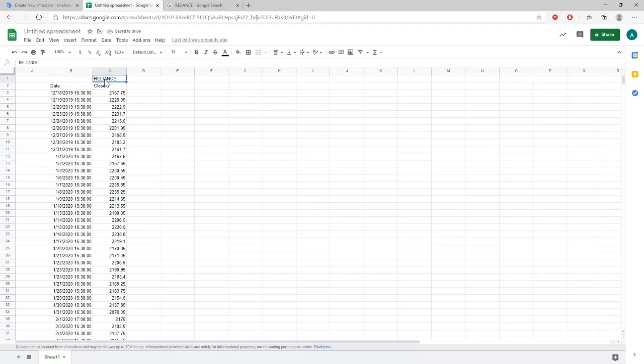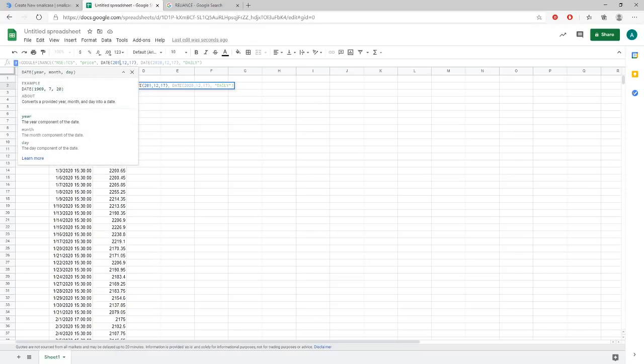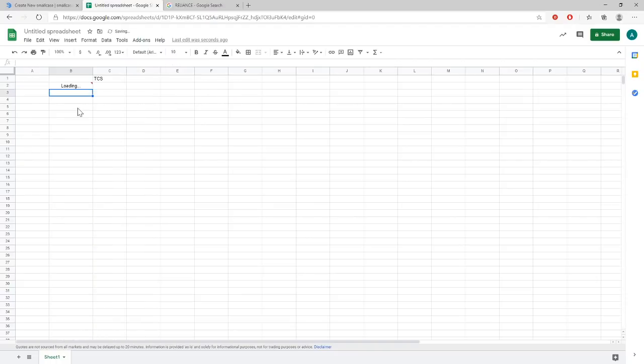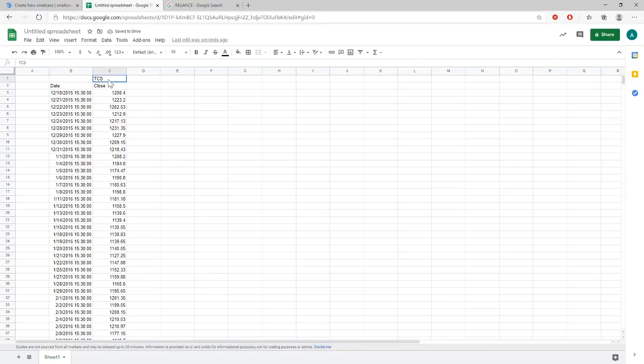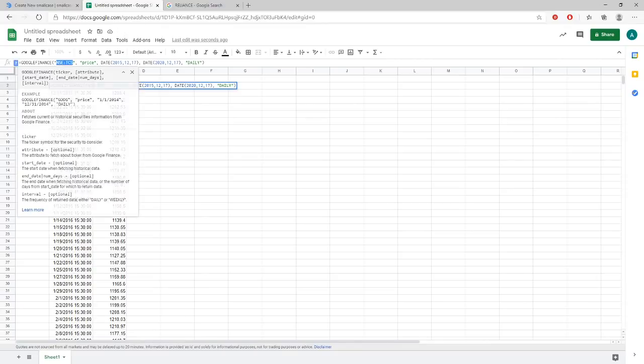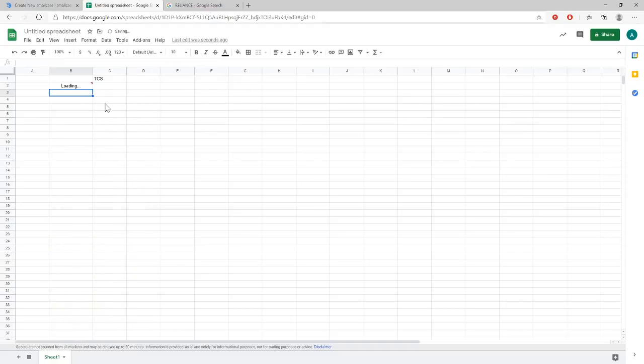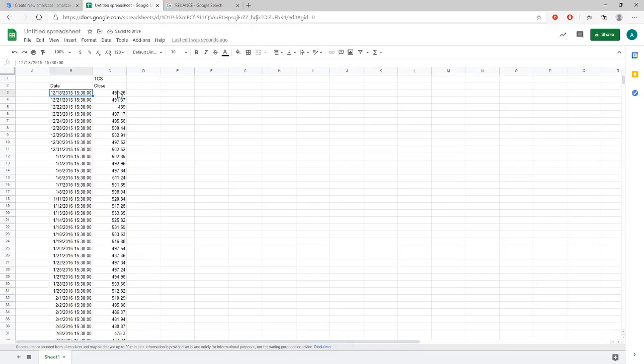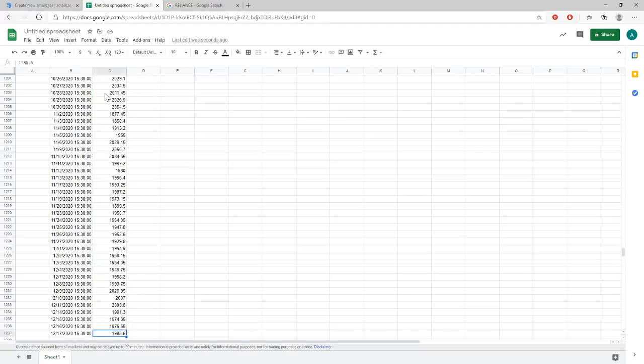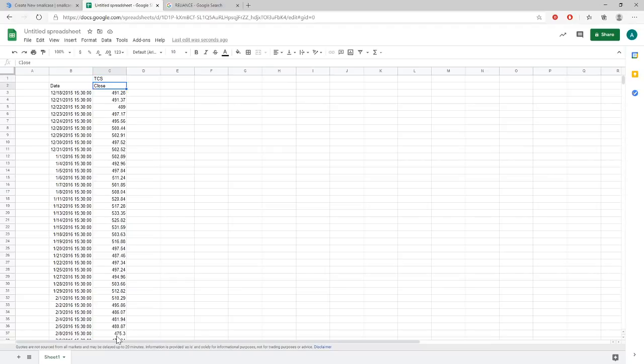This is TCS data for the last 1 year. Why just 1 year? I can even have it as much as 5 years, say 2015, right? TCS as of 2015, or Reliance as of 2015. And the good times of Reliance, when Reliance used to trade at 500 rupees as opposed to 2000 rupees right now. As you can see, there are 1236 data points, which is basically for entire 5 years.